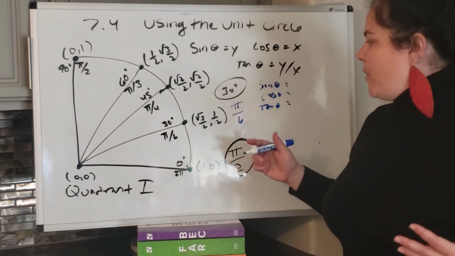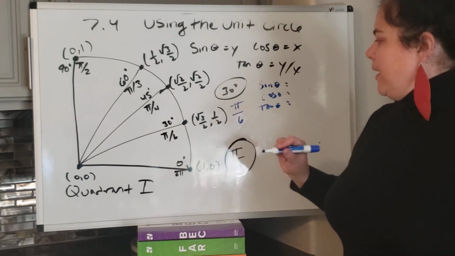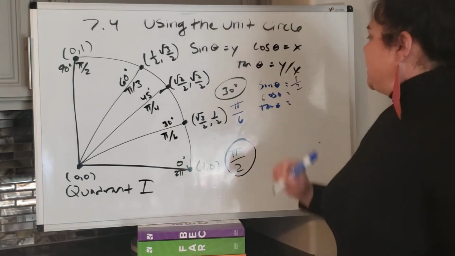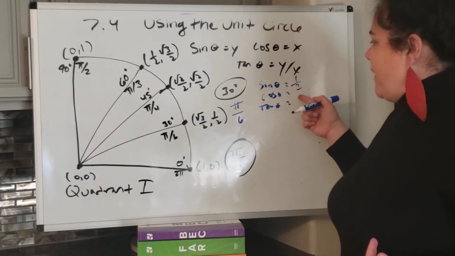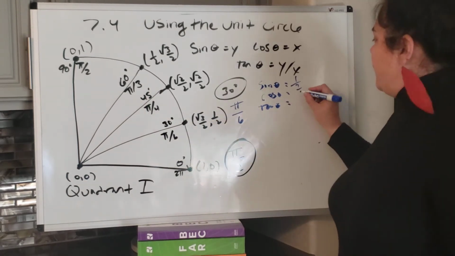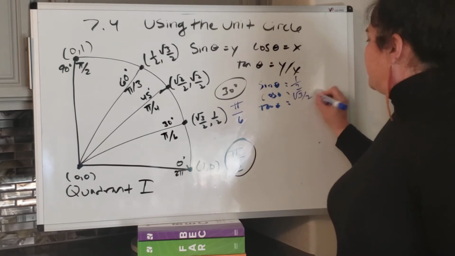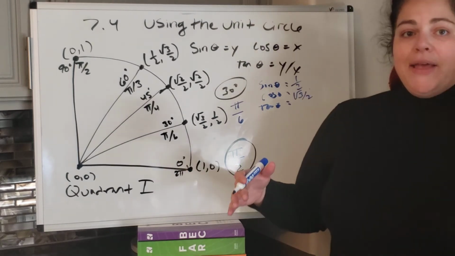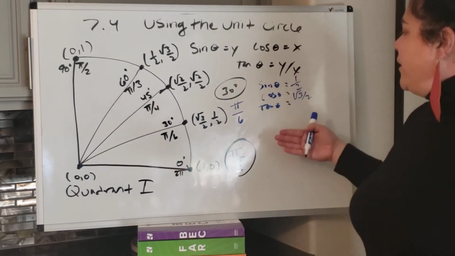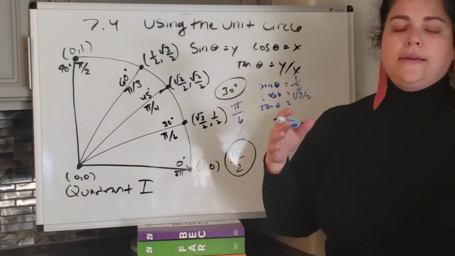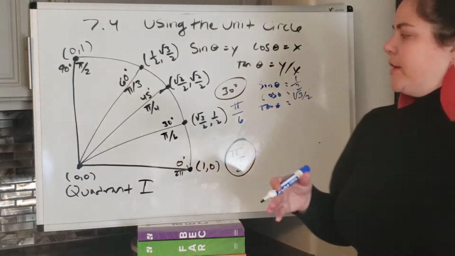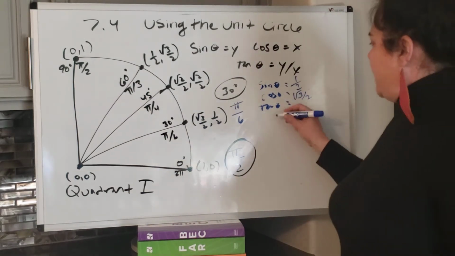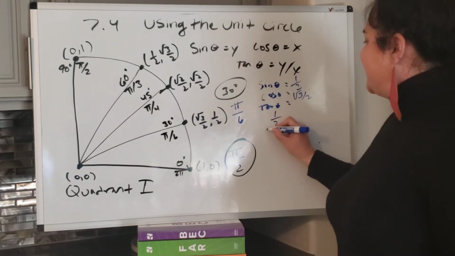Sine of theta is my y. So I'm going to 30 degrees, looking at y, which is 1/2. That's it. Cosine of theta is the x value. Going there, that's √3/2. That's it. Tangent of theta is y over x, and on the north, south, east, west ones, there's a little bit of work involved. So tangent of theta is going to be 1/2 divided by